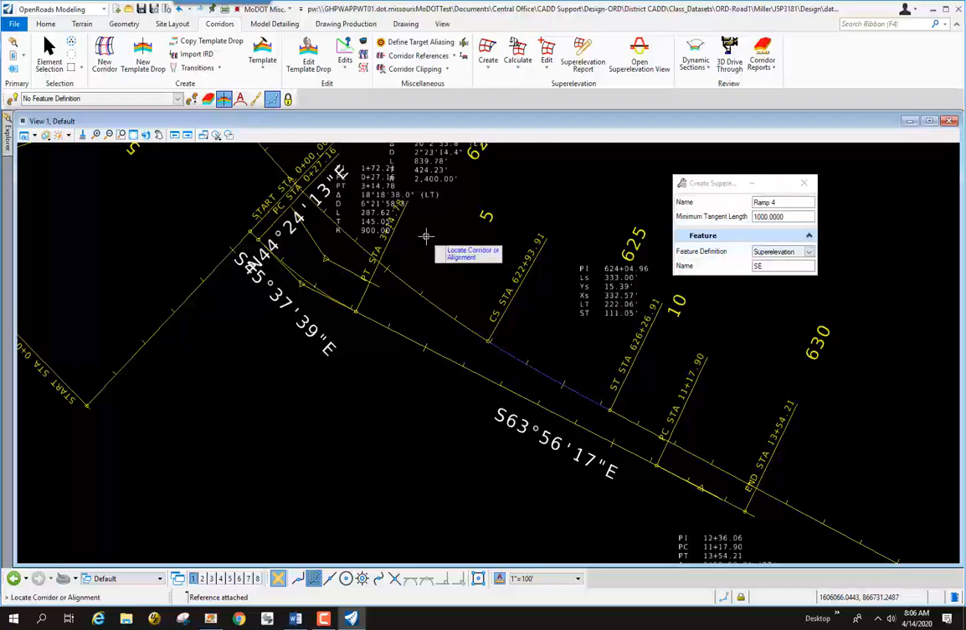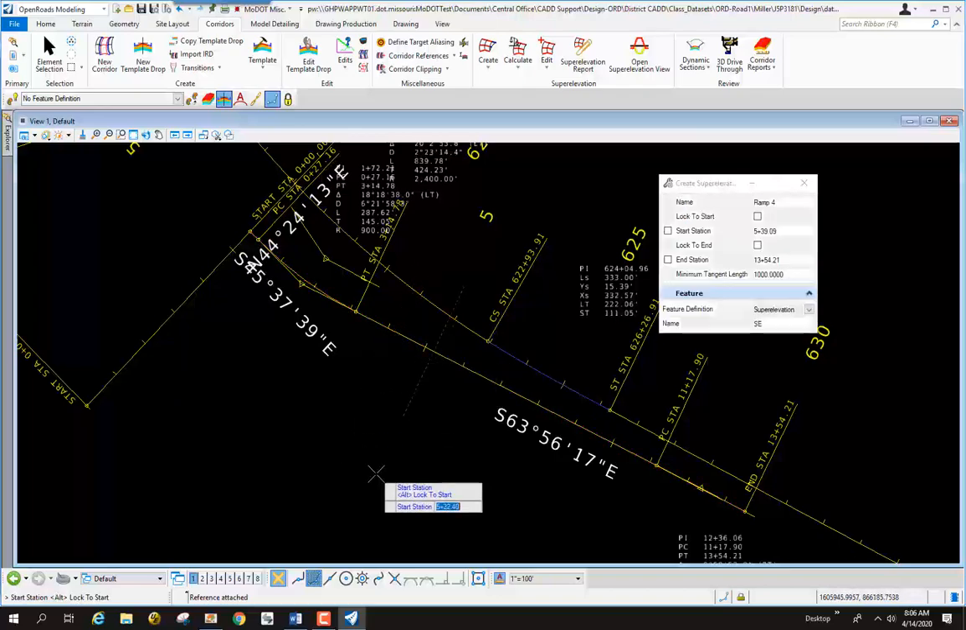Then it's going to ask me to locate the corridor or alignment. We have an alignment since we have the civil geometry file referenced in. I'm going to select the Ramp 4. Next, it's asking me, where do I want to start this section? Well, typically we do this at station beginning of the alignment, which is, in this case, station 0. So I'm going to drag my cursor all the way back past the start point and set that, and then